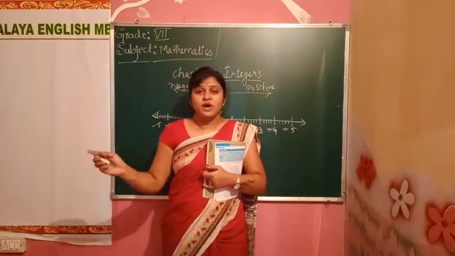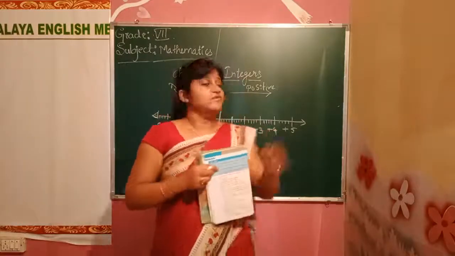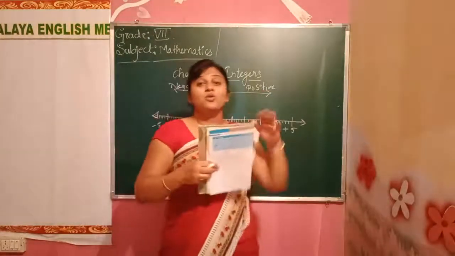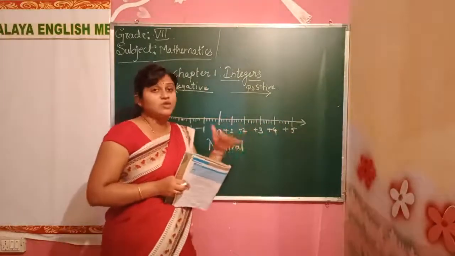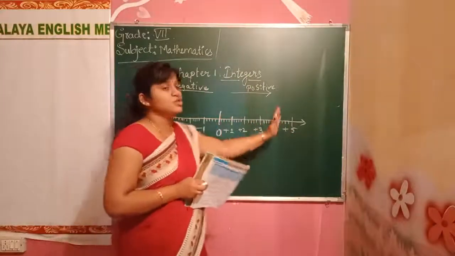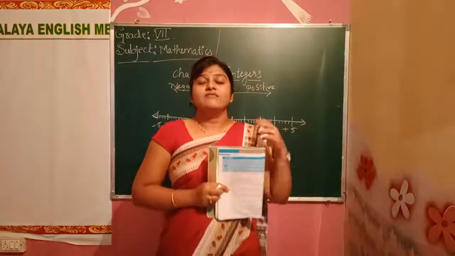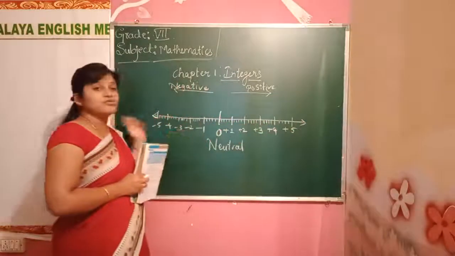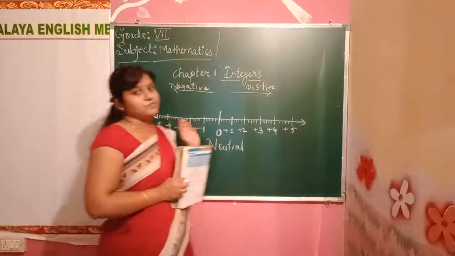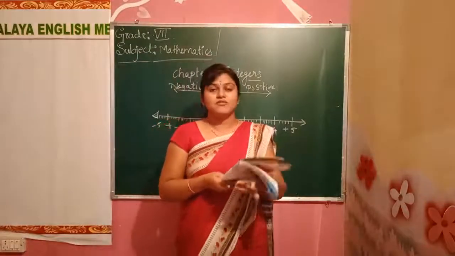Next one. We did that in the 6th standard. How the numbers move when we add two numbers. When we add two numbers, we jump ahead toward the positive side. And when we subtract, it moves to the left side, the negative side. Okay, children? Now we'll see some of the properties.